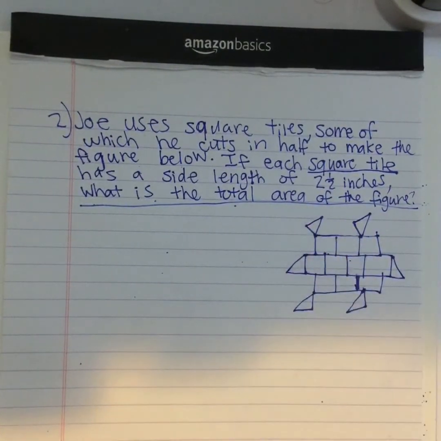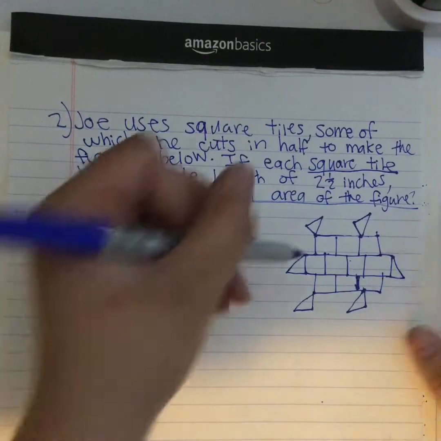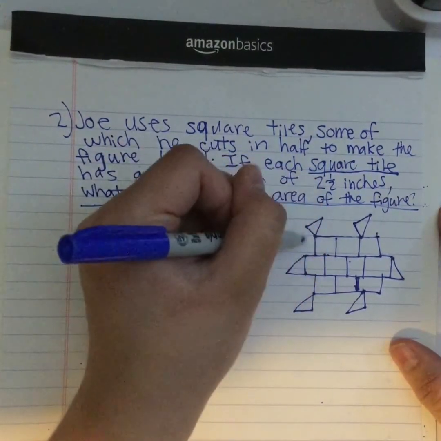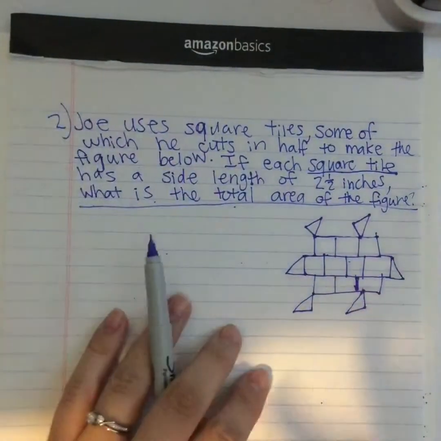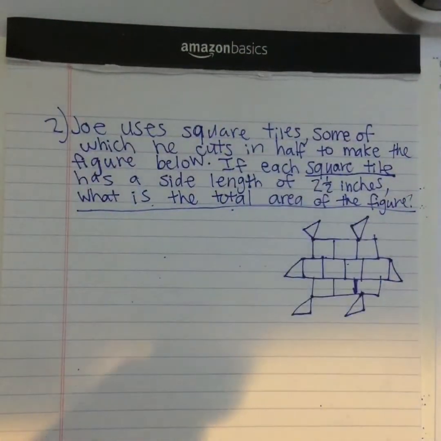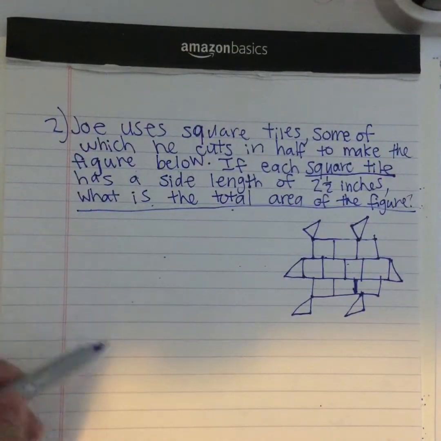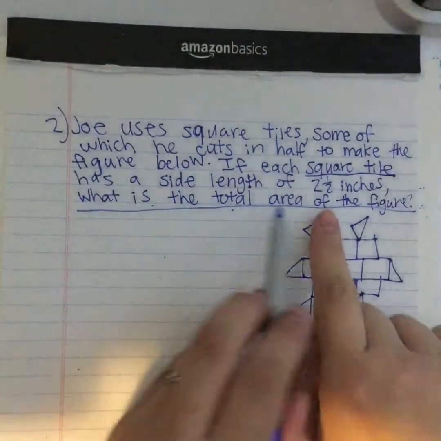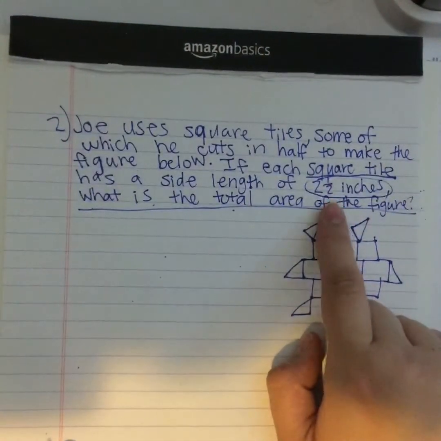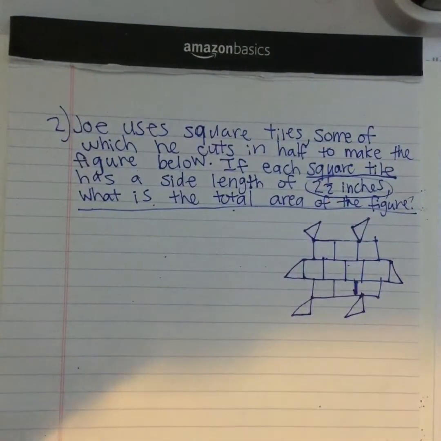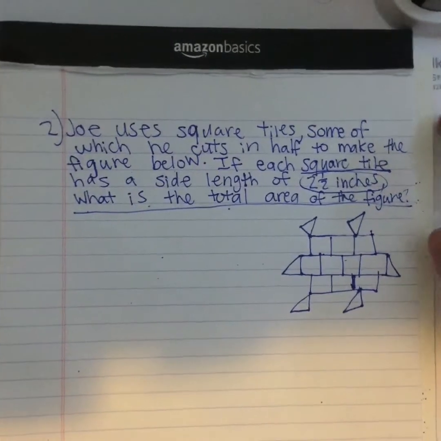And what I know about squares is that with a square, each side has the same length. Now, obviously, in my drawing, they don't, but pretending that they do. In a square, each side has the same exact length. The length in this one is 2.5 inches. That's also very, very important because we can't solve it without that. So,